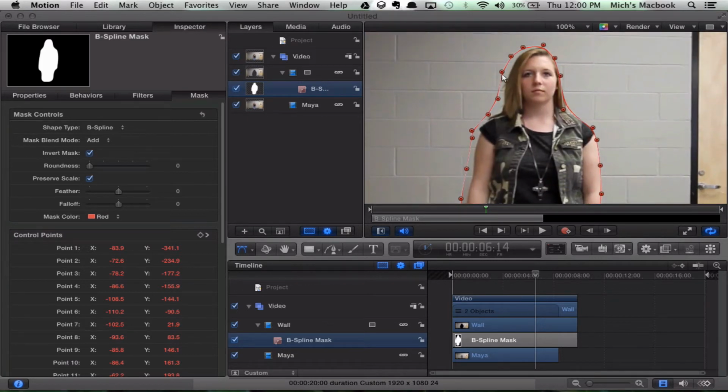Now I want you to pay attention to the keyframe here. You'll notice that by moving some of these points, it starts to add keyframes. So the nice and easy thing is we don't have to go through each of these points and click the button to add keyframes. We just have to move our mask